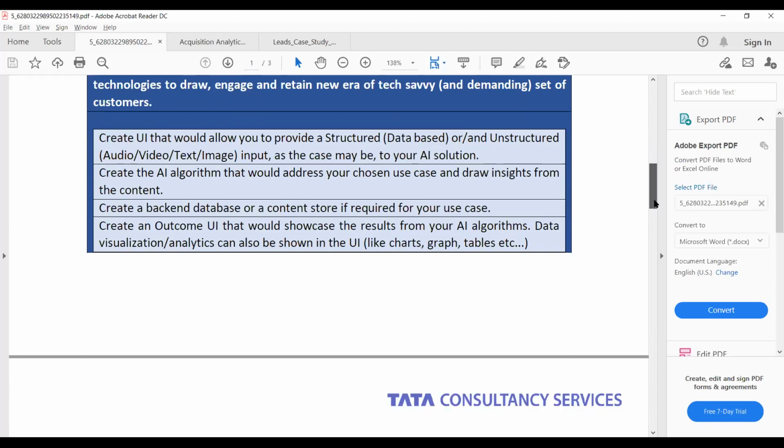Okay, that's really good news. I'm not expecting this from you all. Anyway, the last point is to create an outcome UI that would showcase the result from your AI algorithm. Data visualization and analytics can also be shown in the UI. Okay.